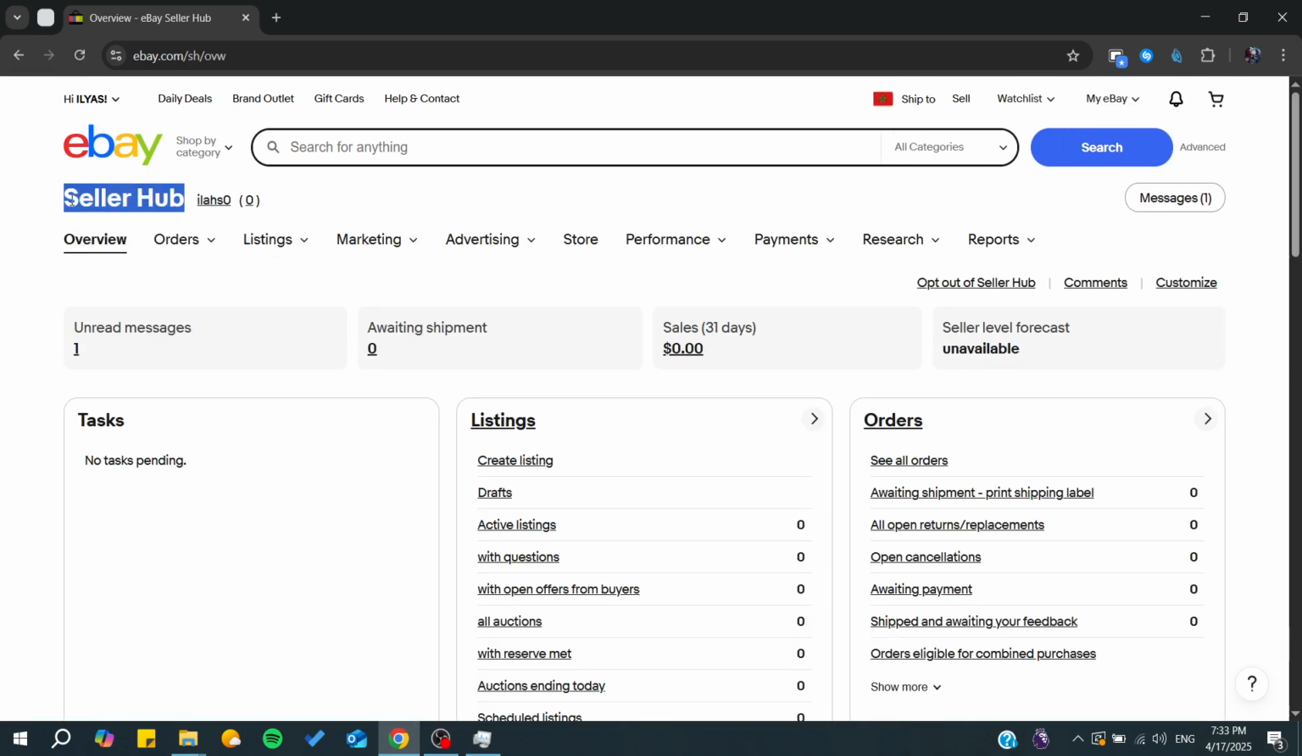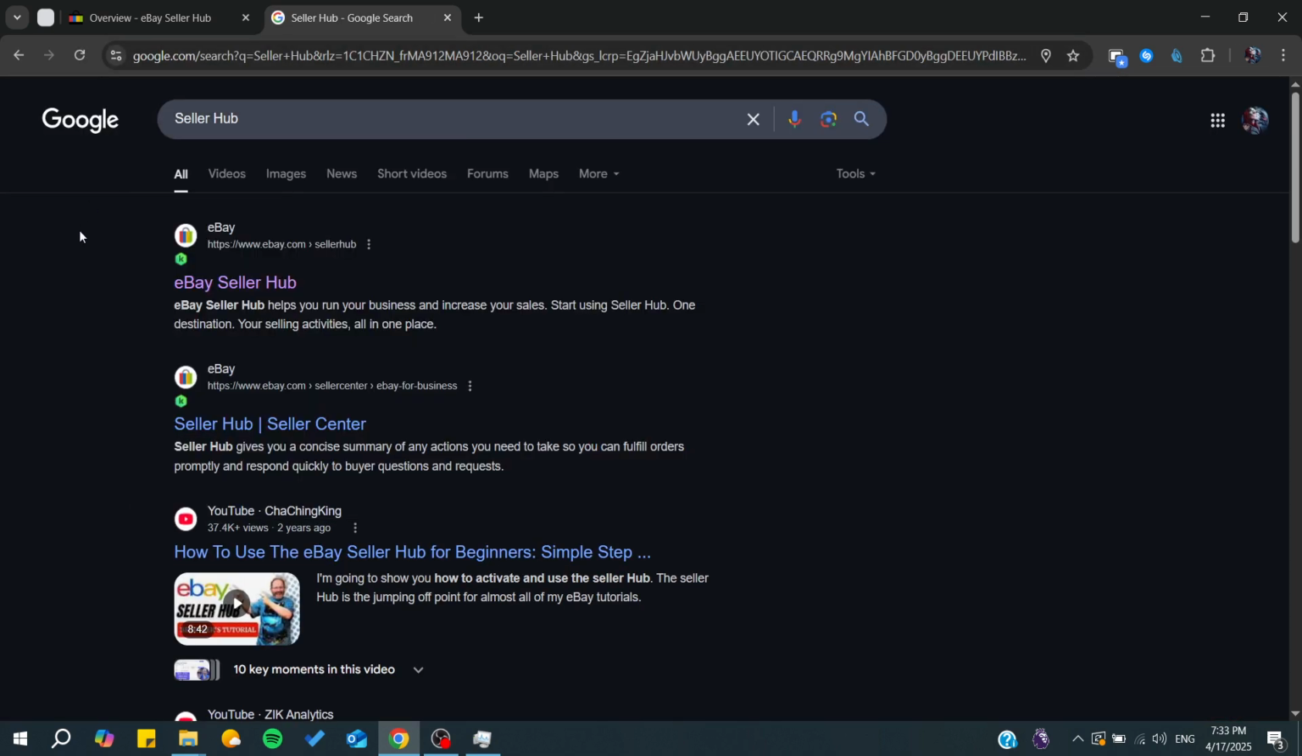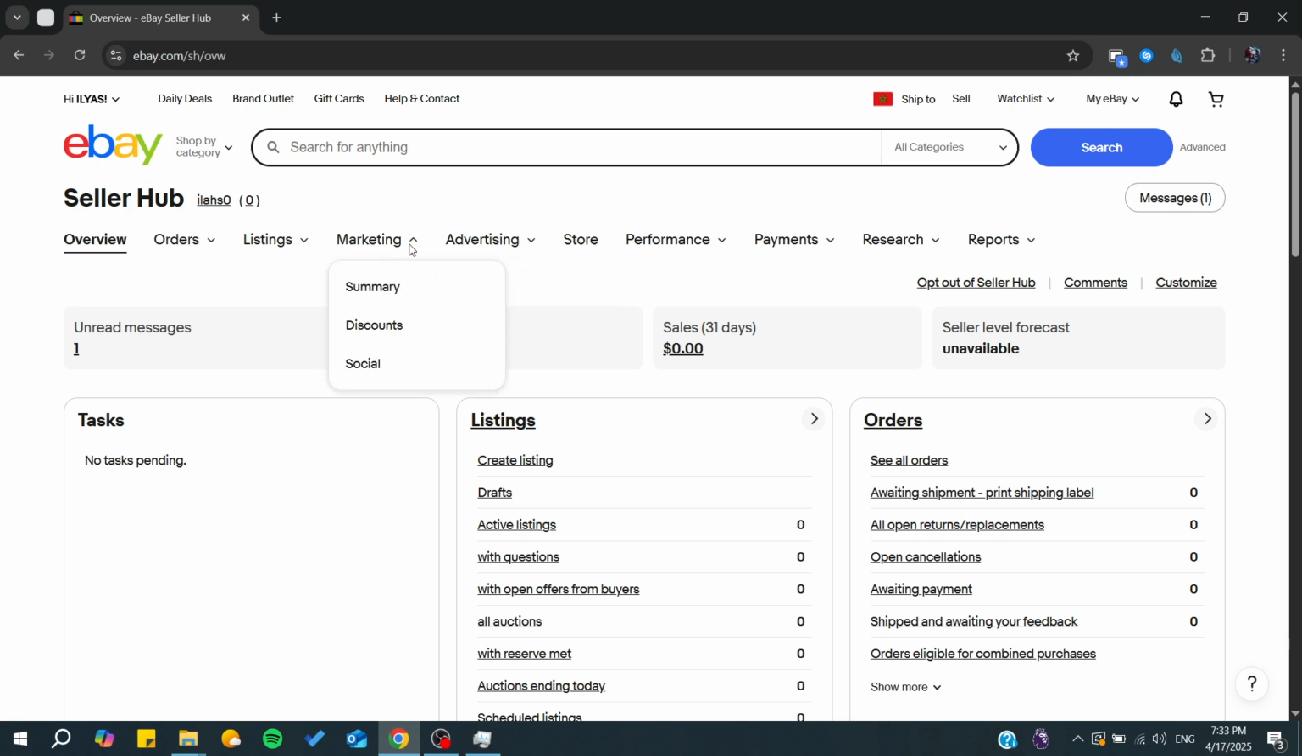If you cannot see the seller hub from here, that means that you've never visited the seller hub. You can simply type eBay seller hub on your web browser and then it will take you to this page. So now, after you've got your seller hub activated, you would need just to go to listings